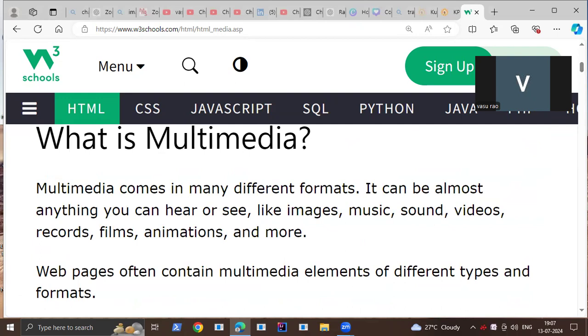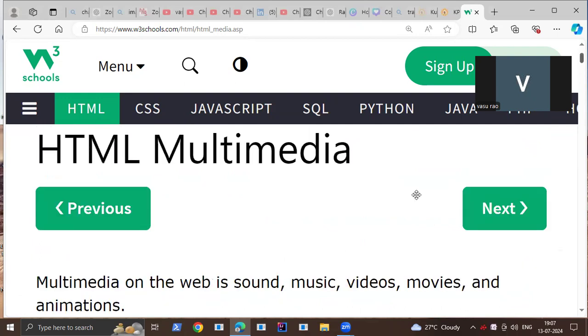So in today's class, we will try to understand HTML multimedia. Okay, in HTML multimedia,